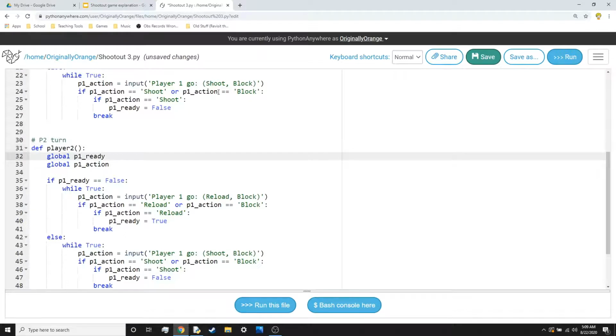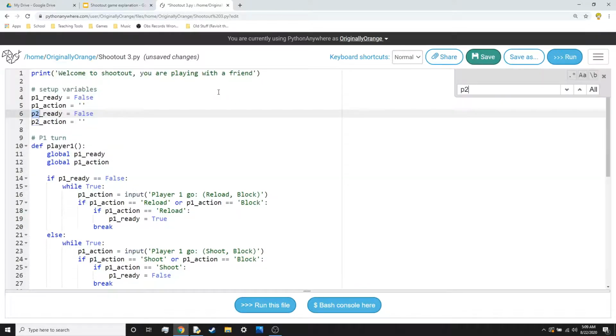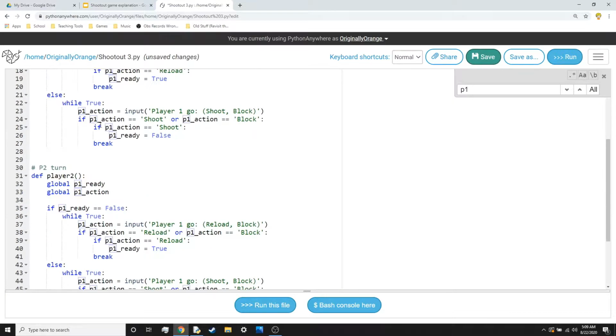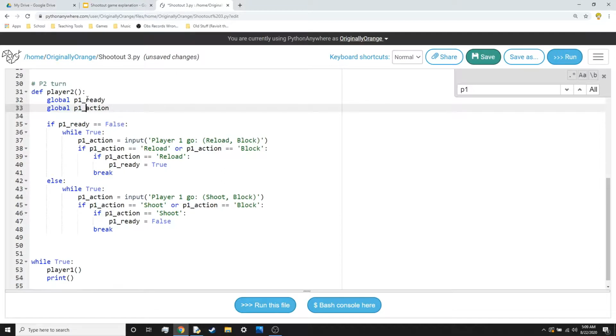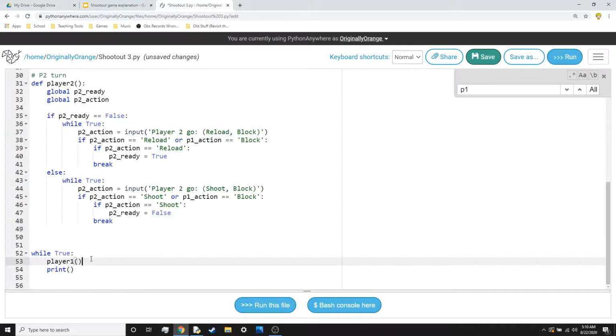And so, of course, this is player 2 instead of player 1, so all I'm going to do is find all the number 1s in this second function over here, and replace it with the number 2, just like I have for these top variables here. I'll get to that and I'll time lapse it. Alright, so I went ahead and attached player 2 here,